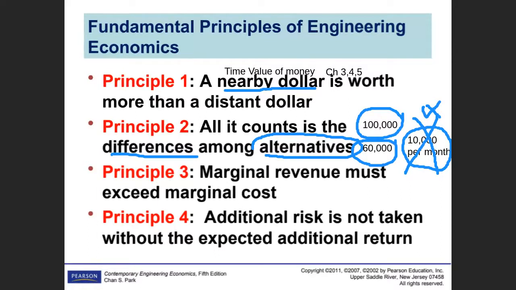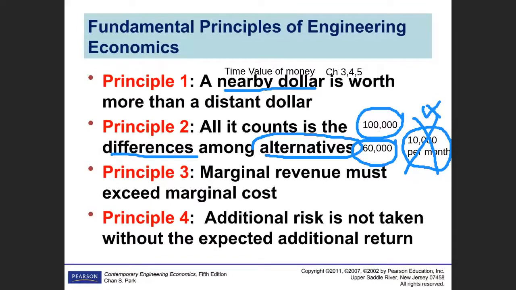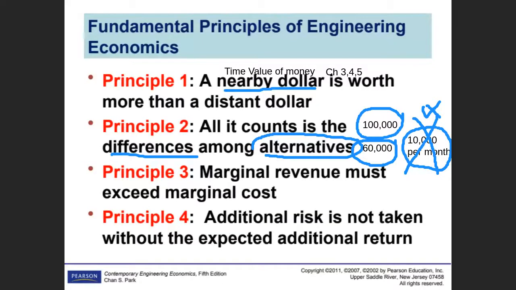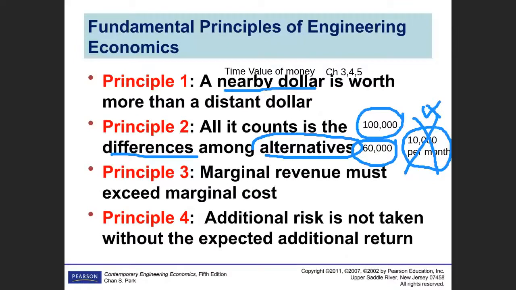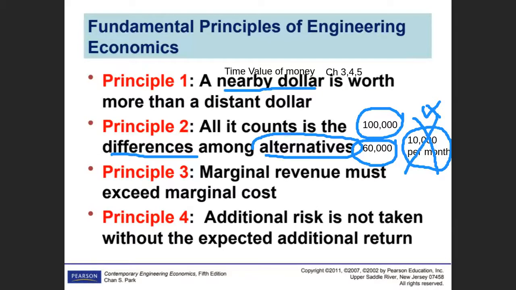Let's say 100,000 is the CNC machine, 60,000 is the manual lathe machine. It depends on the amount of money available to you. You have to look at others. What about the investment available? So the point here is you will discuss with your management these two options, 100 and 60, whatever it is, right? The electricity per month is not important in making a decision because it is the same. If the electricity cost is different, then you will consider it.